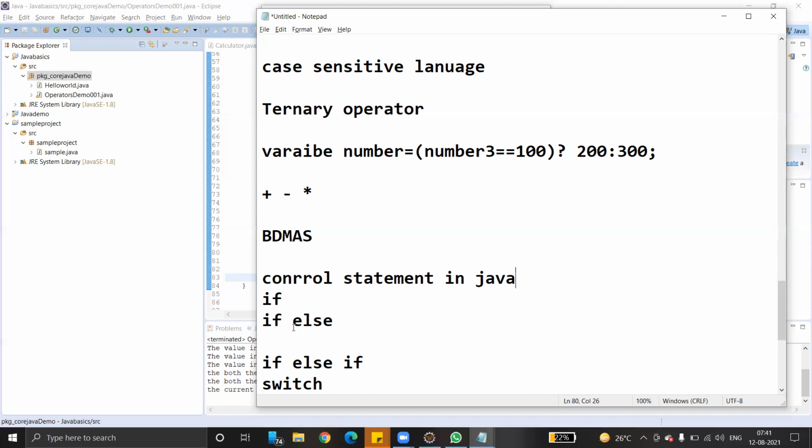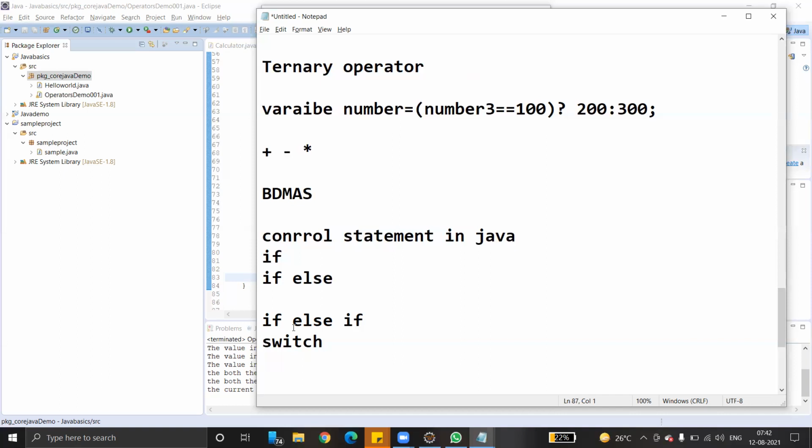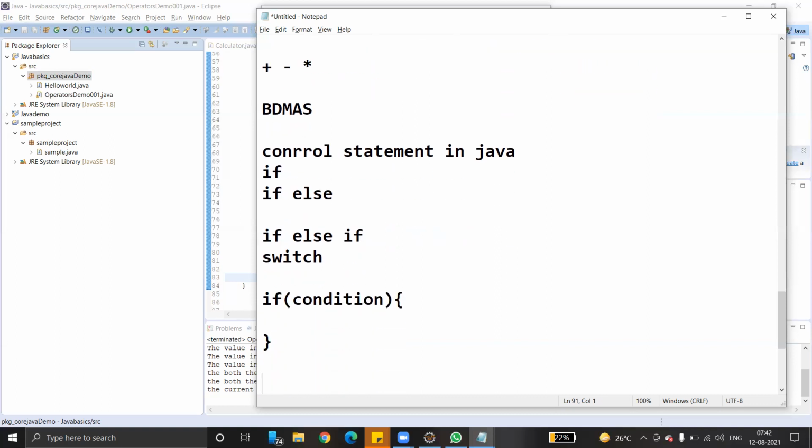Okay. So basically, the control statements are very useful when you want to execute a set of statements based on a condition. If the condition is true, then only it will execute the set of statements. Else, it simply ignores the body of the if condition. See, I will show you quickly how it looks. So this is an if condition. Okay, then set of statements will be there.